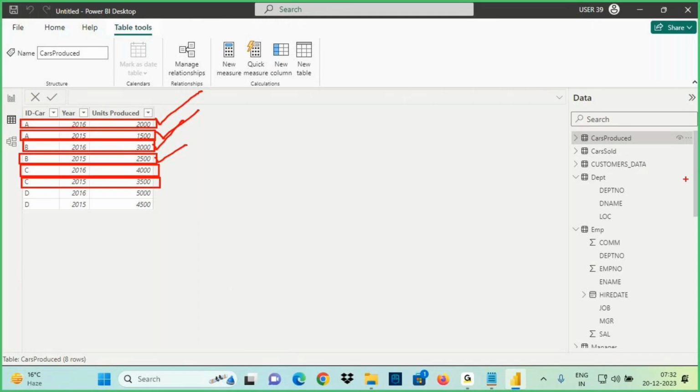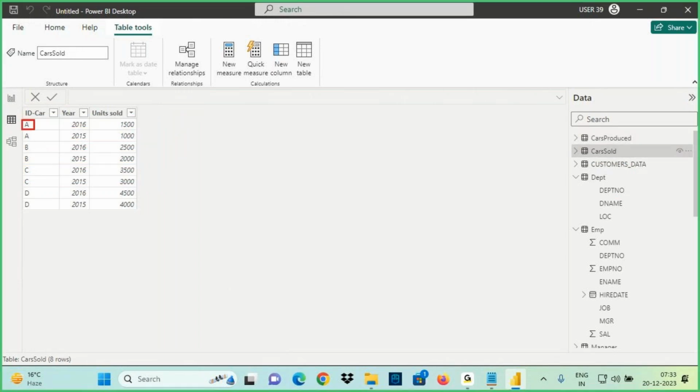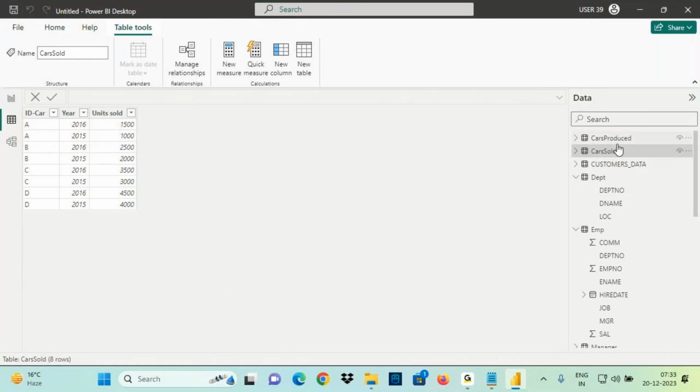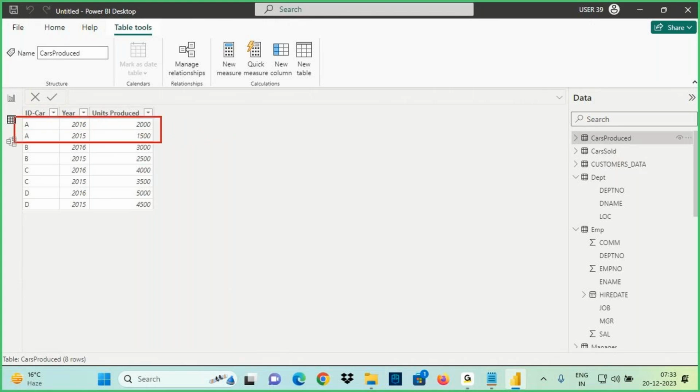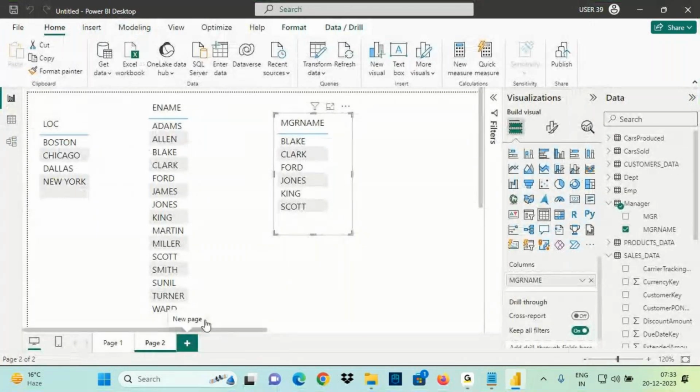And in the same way, you have a table called the cars sold table. In the cars sold table, you have car wise, year wise, units sold. A car in 2015, 1000 units sold. A car in 2016, 1500 units sold. Totally, A car was sold 2500 units. A car produced 3500 units. Now, my client is asking me to create a visual to show